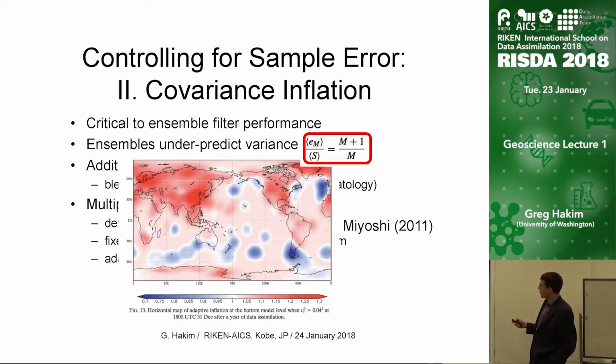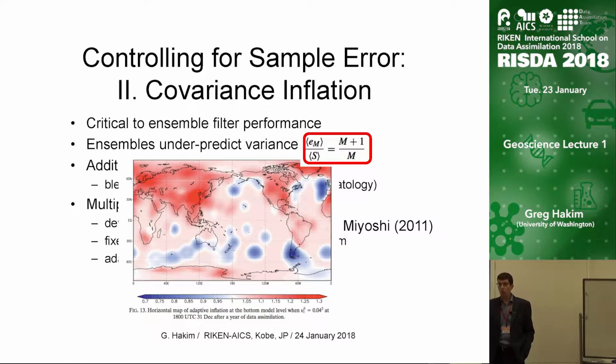If you compare the ratio of the expected error in the ensemble mean, so if we take the mean of the ensemble and we have a way to verify it against measurements, and then we take its expected value over, in principle, the whole attractor, that gives us the numerator of this ratio. And then if we look at the average or expected value for the variance, in the denominator, that should go like m plus 1 on m, where m is the size of the sample. So for reasonably sized samples, these two things should essentially be the same. The error we have in the mean should match the spread that we get.